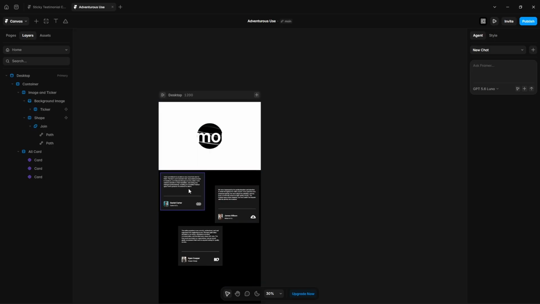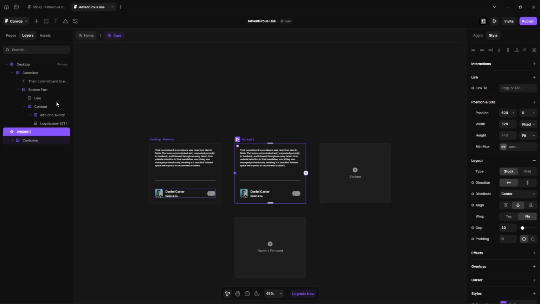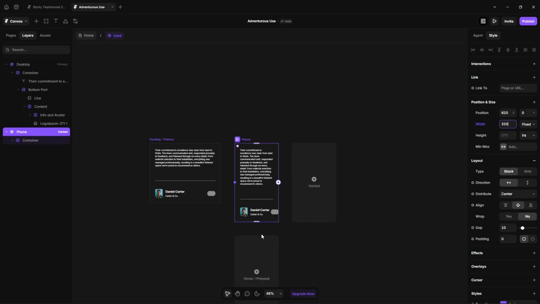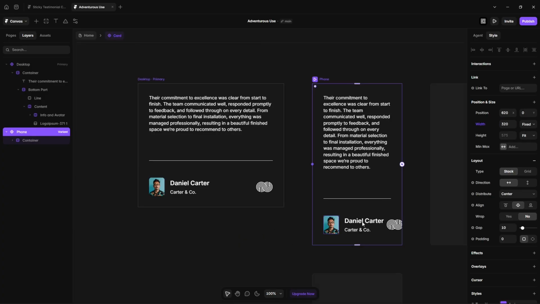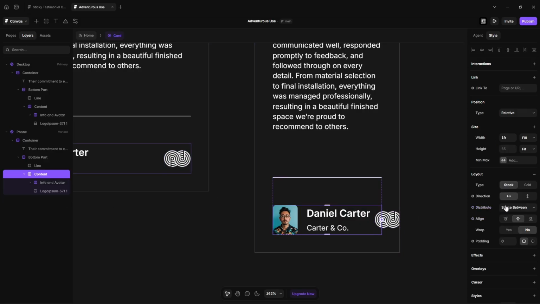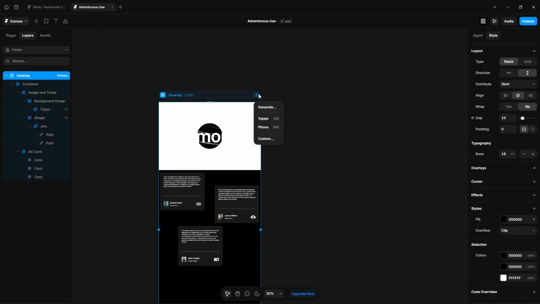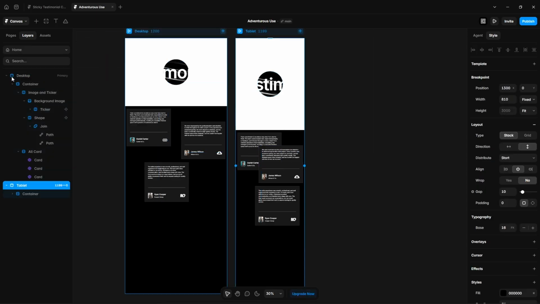So double click on it, this card, click here to create a variant, name it phone, width, make it 320, and for this logo, you can simply change the direction to vertical, or you can just undo it, click here and hide the logo to keep the project clean. Now go back, create tablet variant, collapse the desktop,